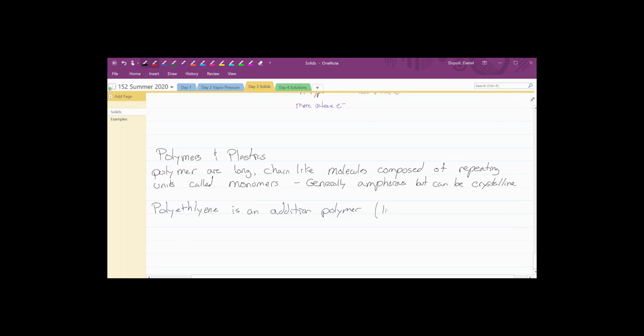That means it links together without loss of atoms. So we don't have to take any atoms out. So for example, one polymer that we're all very familiar with, not necessarily that we think of it as a polymer, but we're very familiar with,